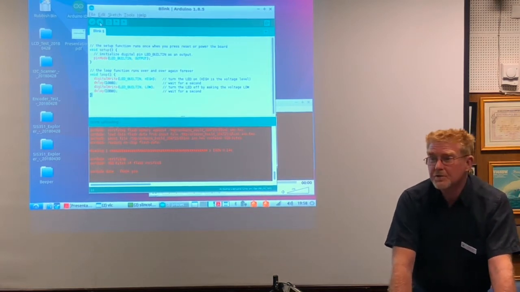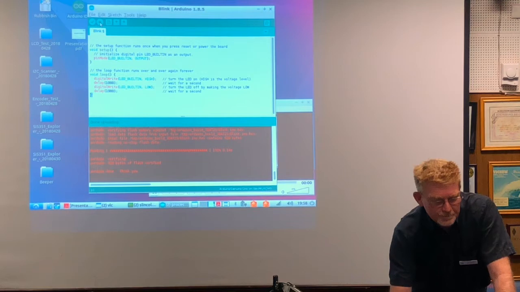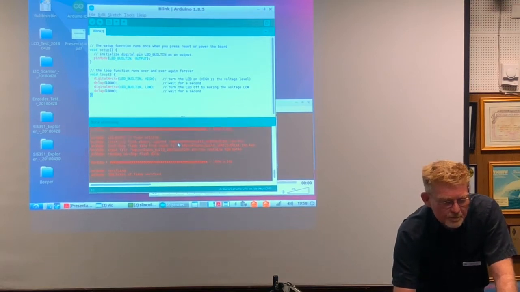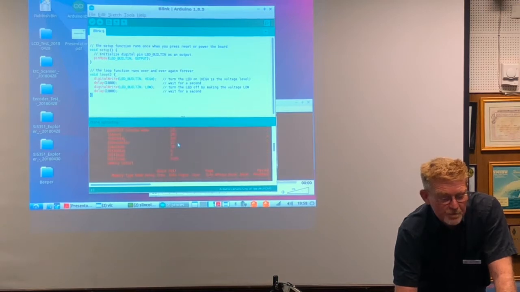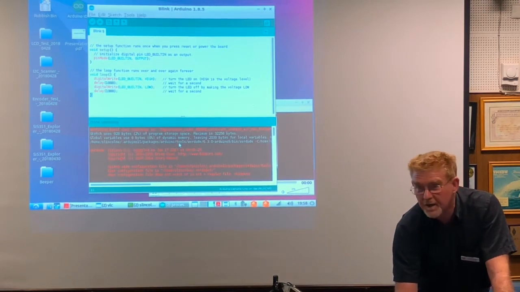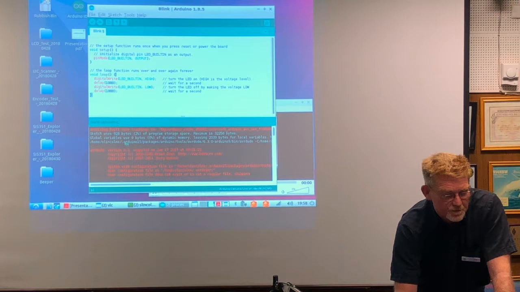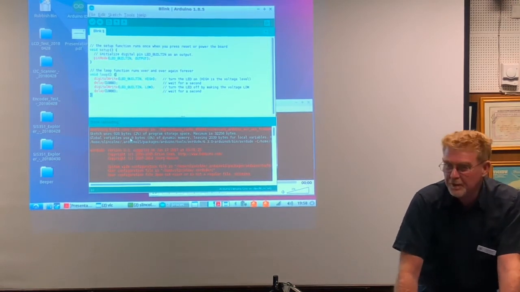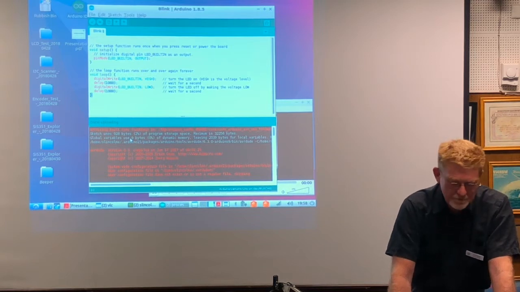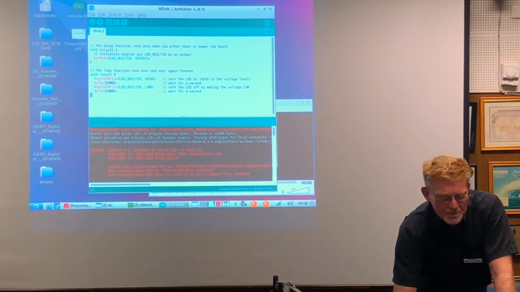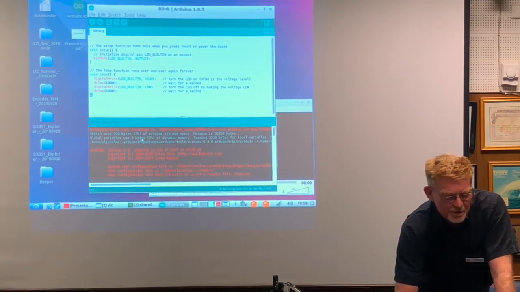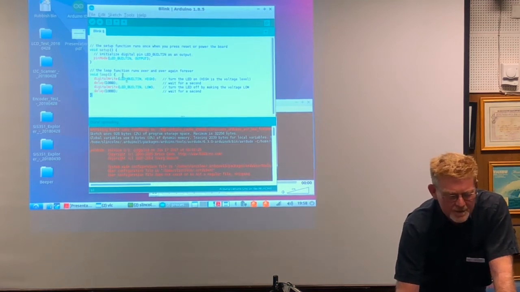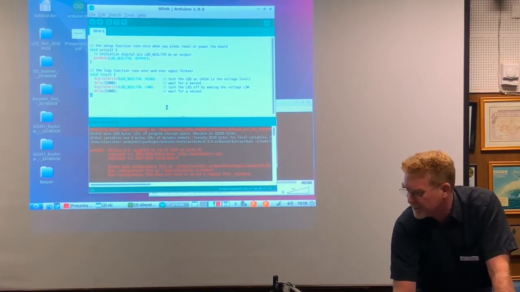Now, I mentioned earlier the issue around memory. It did scroll off the screen, but up the top here, the compiler tells you how much memory your program's used, so you can work out how close you are towards the point where you're going to have problems. So this little program is using 928 bytes. I have written smaller programs, I've written bigger ones. You have up to 32,000 bytes, and it uses 9 bytes of RAM for the variable, which is basically none. So it's pretty much running okay.